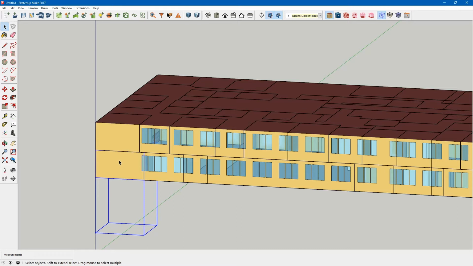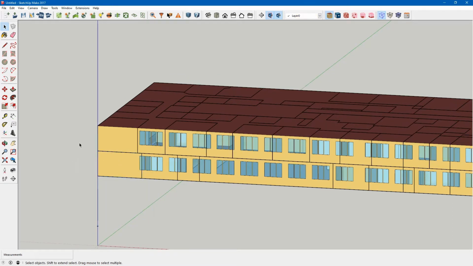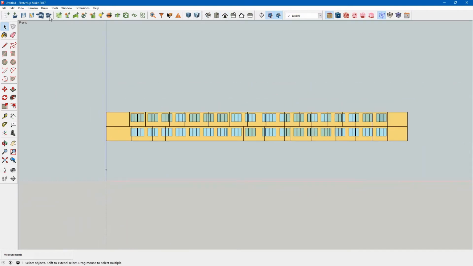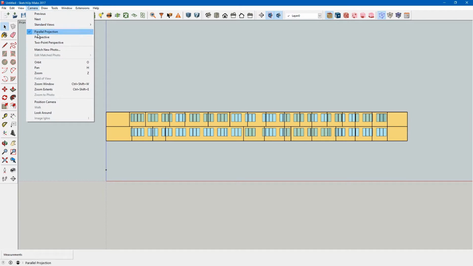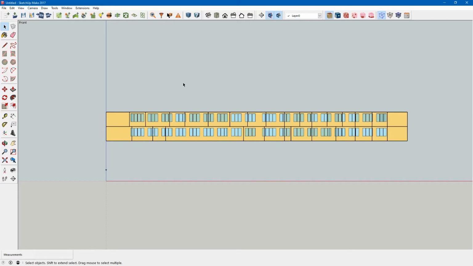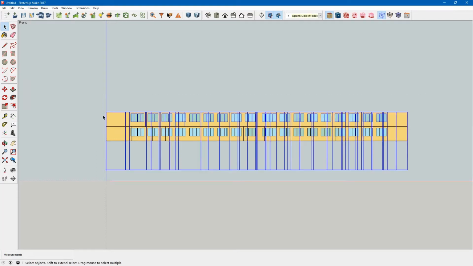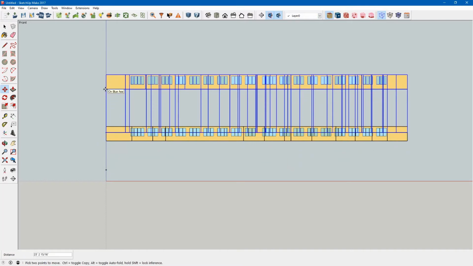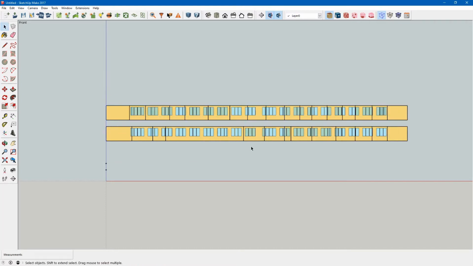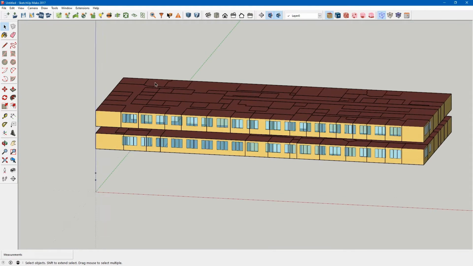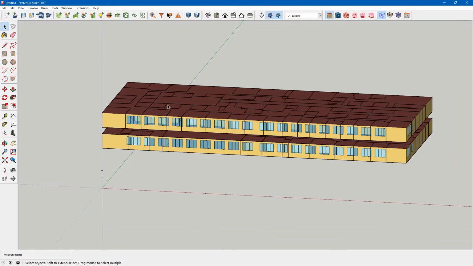a 4-foot plenum. So what we will do is put it on side view, and if you haven't already, take the camera off of perspective, and we will just select the 4th floor, and we will do a move, and we will do 4 feet, and we've created our separation between the floors.